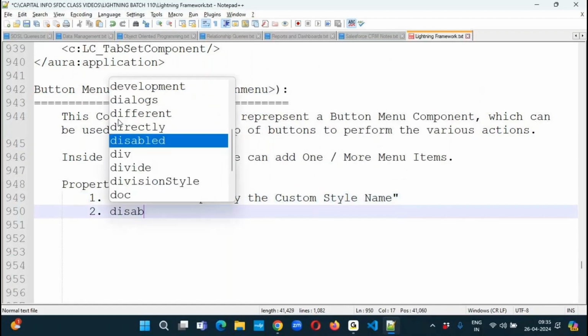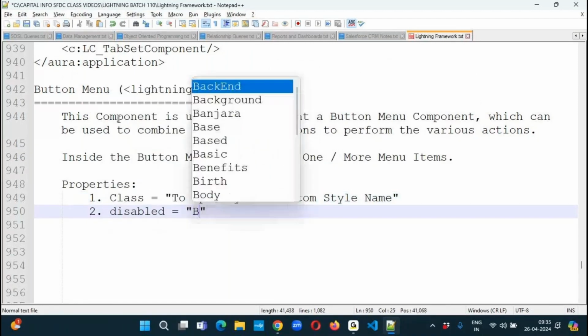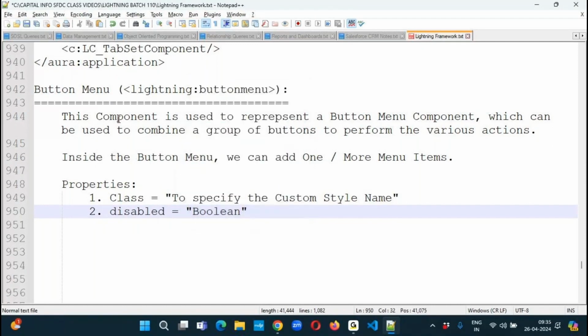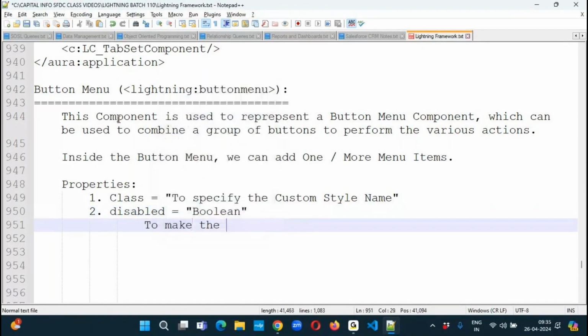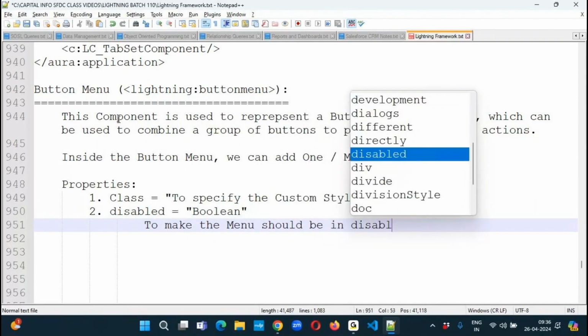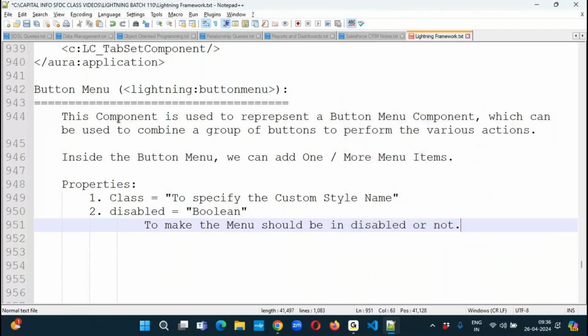Second property, disabled property. To specify whether the menu item, that means the button menu, should be disabled or not. Third one,